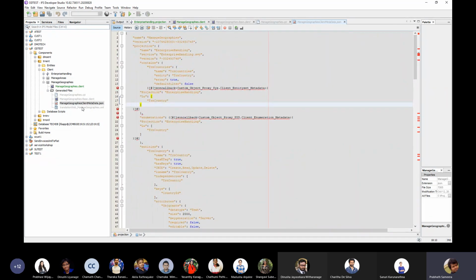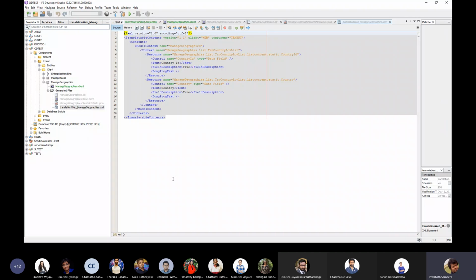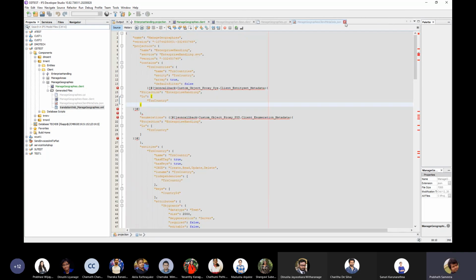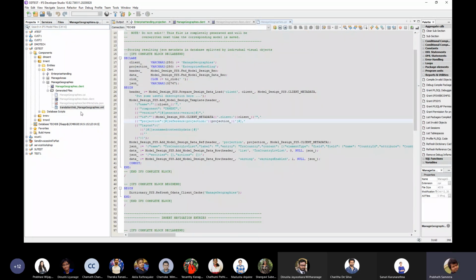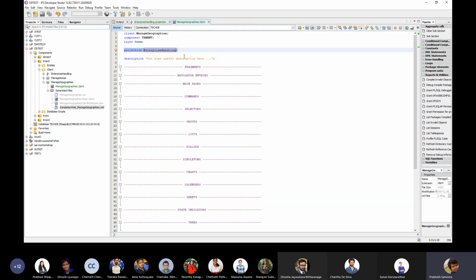Then, other than that, you can see that there is another XML file. This will be used for the translation things. The purpose of this translation will be discussed in the rest of the session. Okay, now I think you have some idea about what the generated files and the CPI are, and these things. And now we are going to develop our